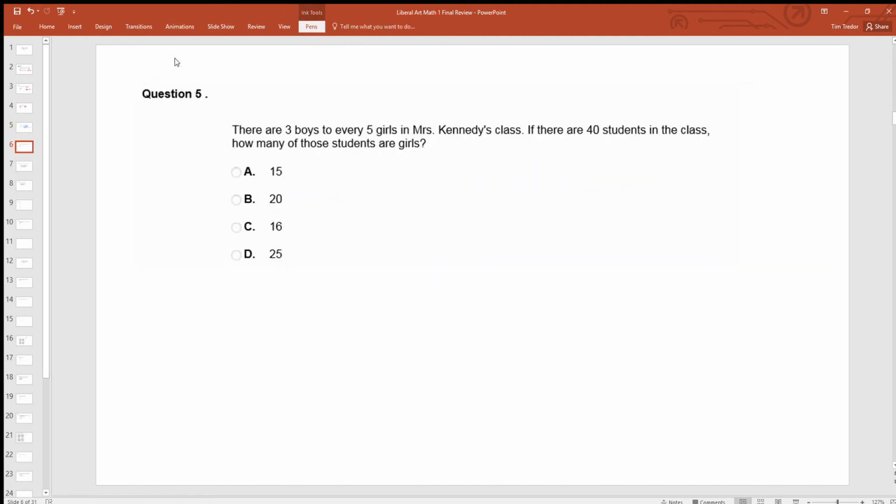All right, question 5. There are 3 boys to every 5 girls in Mrs. Kennedy's class. If there are 40 students in the class, how many of those students are girls? Okay, you've got to be careful here. This is a ratio problem, but it's not. The students here, these are boys and girls. So what I want to do is make a ratio of girls, since that's what we were looking for, girls over boys and girls,